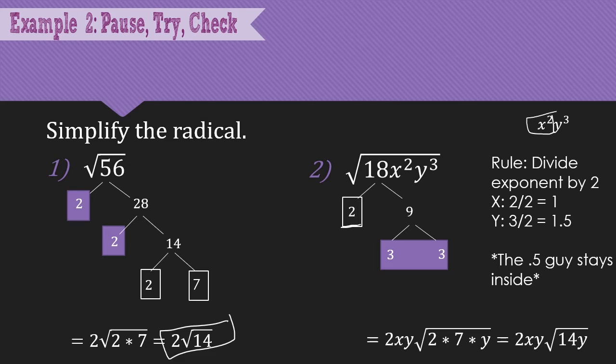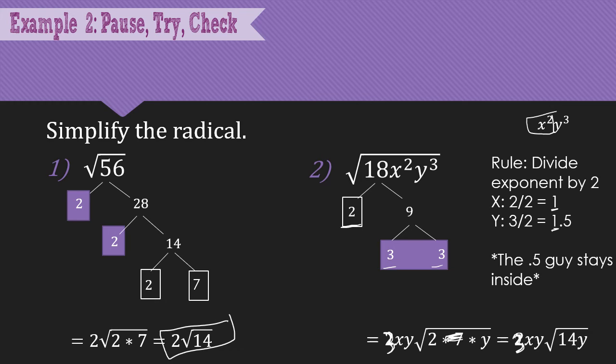I had that prime number, oops, this guy is supposed to be a 3. Made a mistake there when I was copying. My pair of numbers here was actually a 3, not a 2. Okay, so we took that pair out. I took out one pair of x's and I took out one pair of y's. Okay, so that's where I'm getting those values out of the house, and then left over,